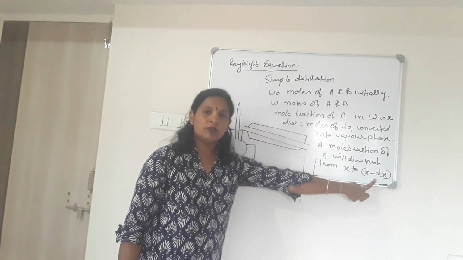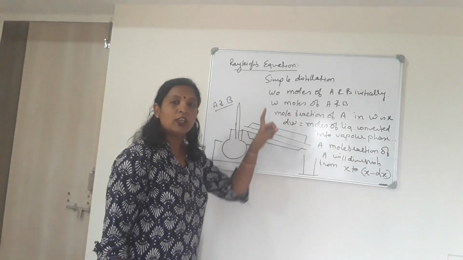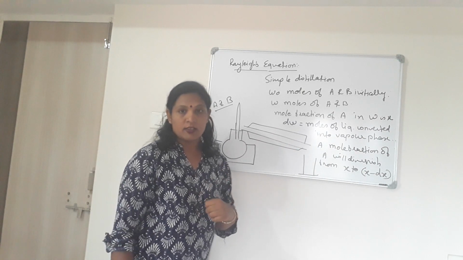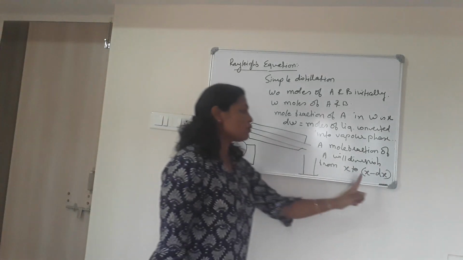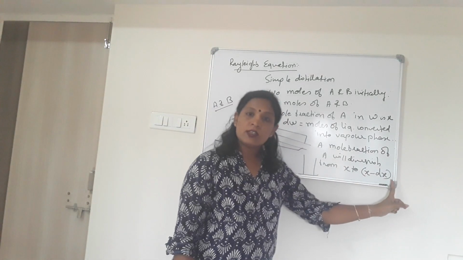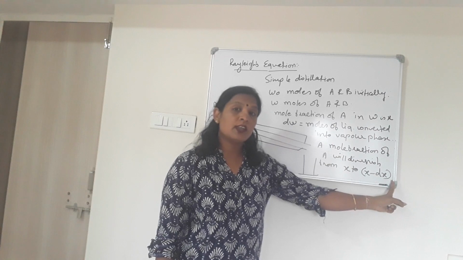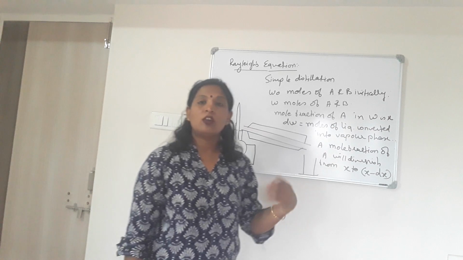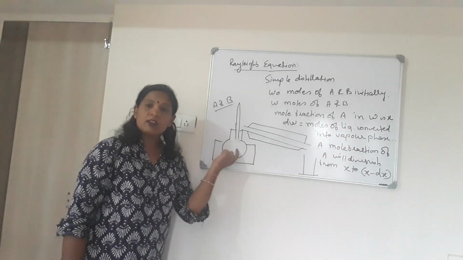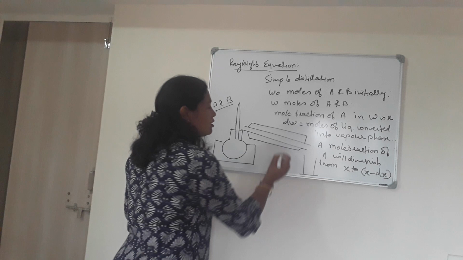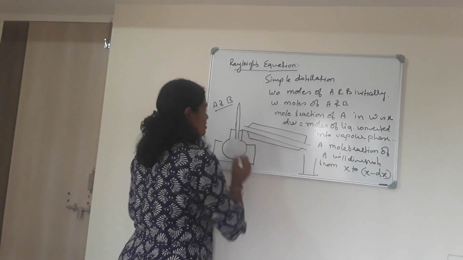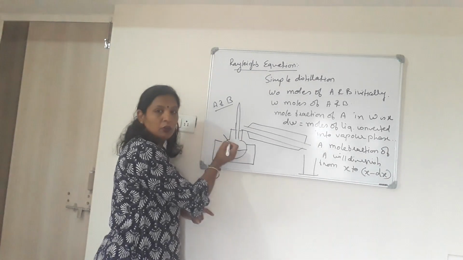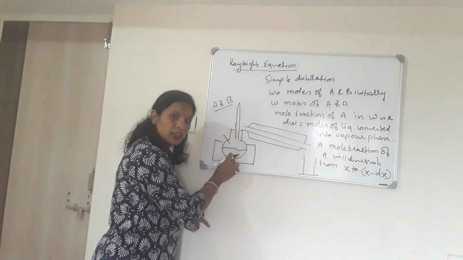What are we saying? dW is the part of the liquid which is converted into vapor. So the mole fraction of A will change, and how will it change? It will change from x to x minus dx. So x minus dx is the mole fraction of A which is present in the liquid form. Then there is the mole fraction of A in the vapor phase. Suppose here is the mixture; in that case some part of A will be in the vapor phase and some will be in the liquid phase.